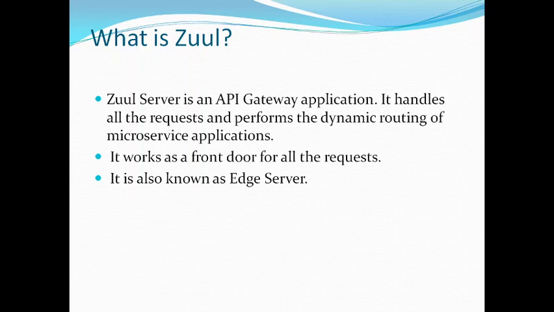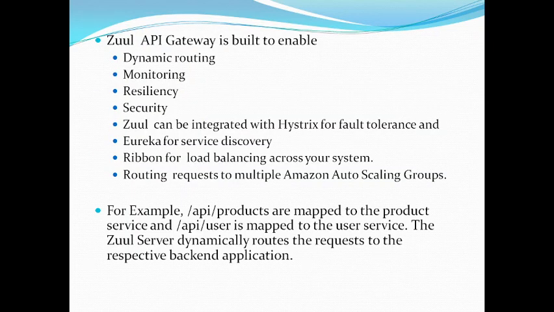Let's say your complex application has too many microservices. Now each and every consumer application needs to be provided with the endpoints of the microservices and the instances of the microservices. So instead of providing multiple microservices endpoints to the consumer application directly, we can make use of this Zuul API Gateway. So how do we configure it? We will look into one hands-on example.